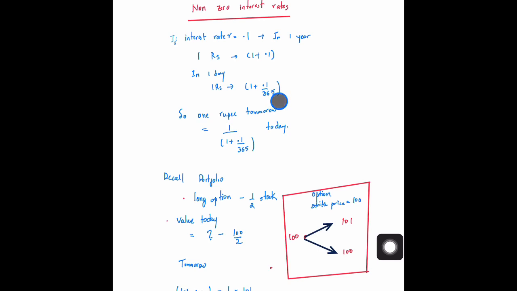Okay, just check out your tutorial, the previous things about the time value of money. So the 1 rupee that is there tomorrow is actually worth 1 divided by 1 plus 0.1365 today. Okay, once we have that argument in place,